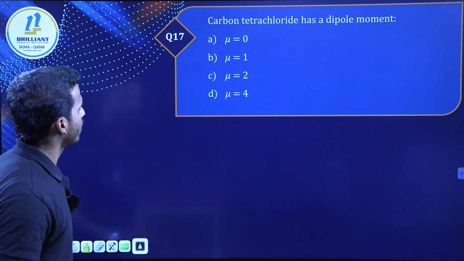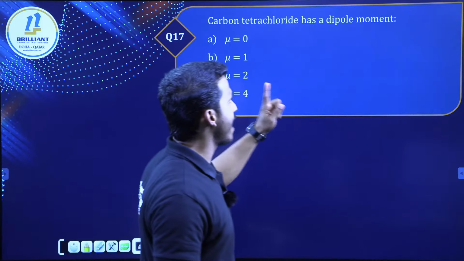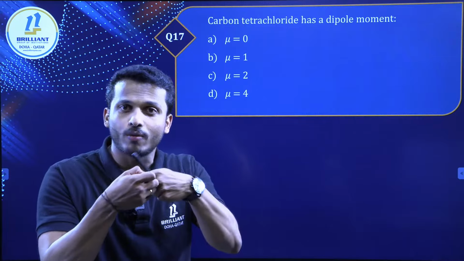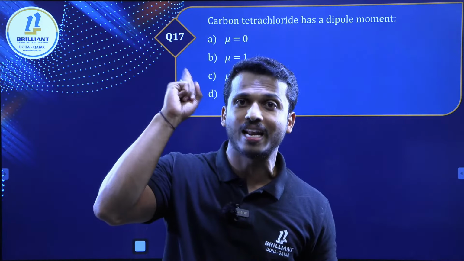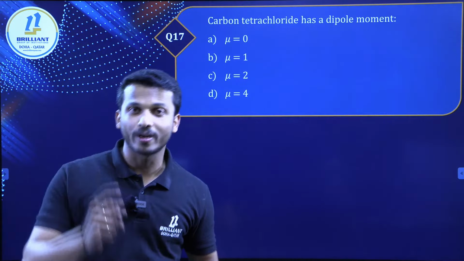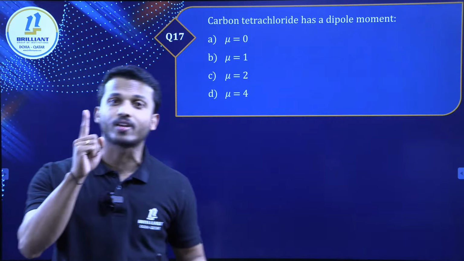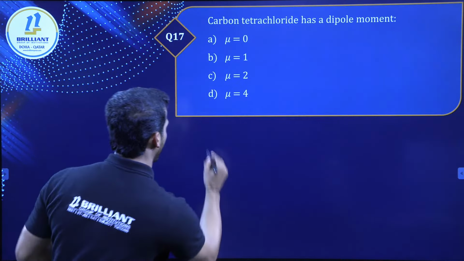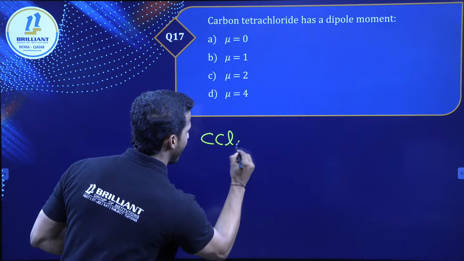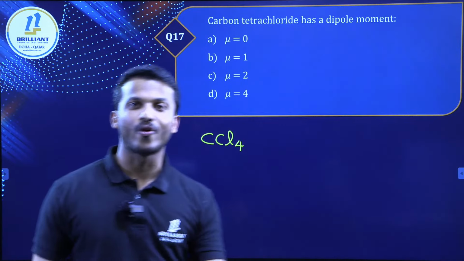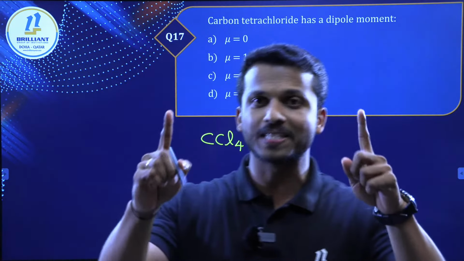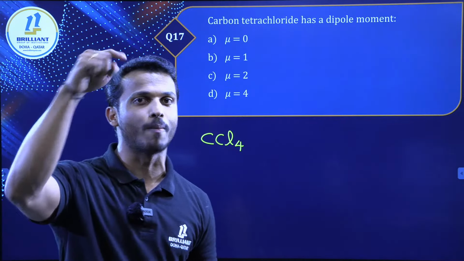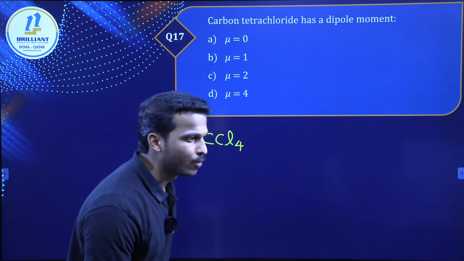You're all going for the next. Wait, all of you. Carbon tetrachloride has a dipole moment. This question actually connects with our chemical bonding chapter, grade 11. Whether you know the dipole moment concept or not, what are they checking here? Here it is carbon tetrachloride, CCl4. What is its dipole moment? That is the question. Nu represents dipole moment. What is the answer?